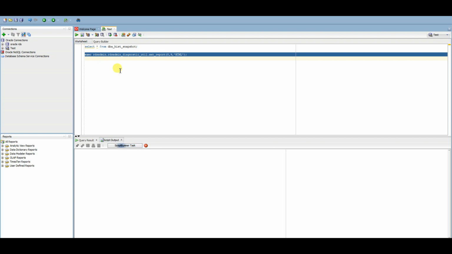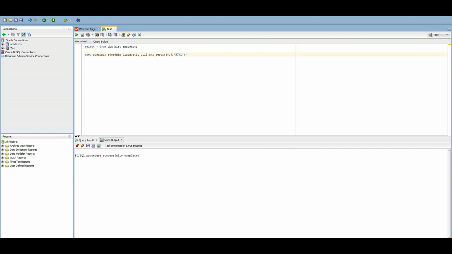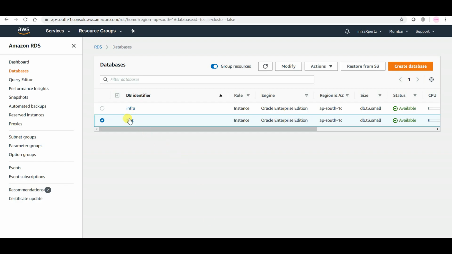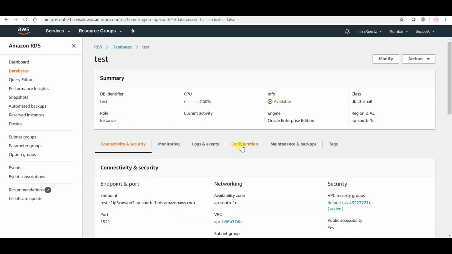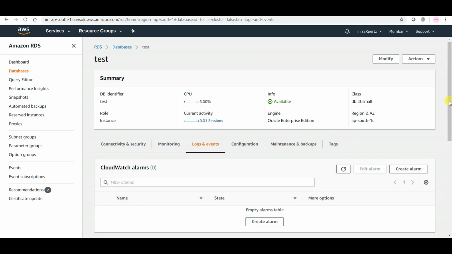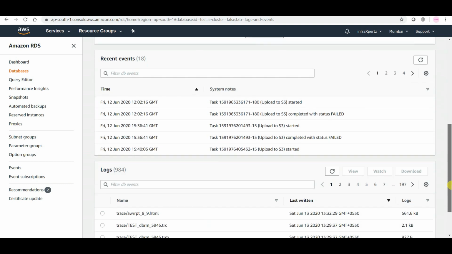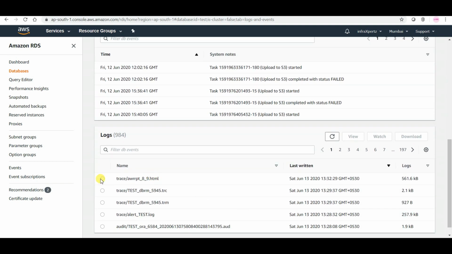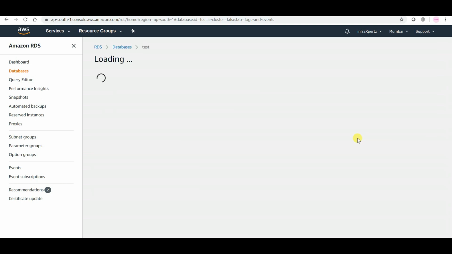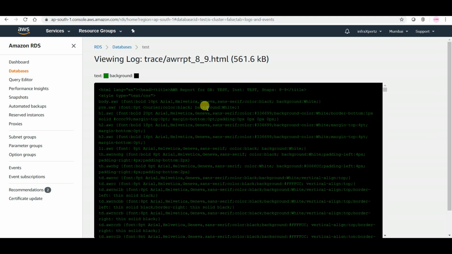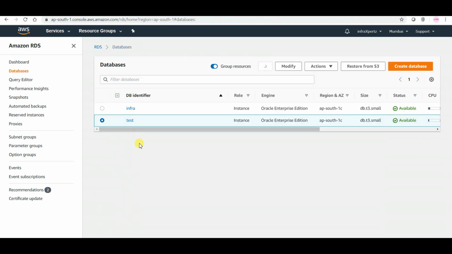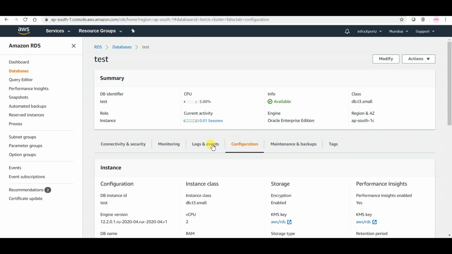So this is generating the AWR report for the snapshot interval of snapshot IDs 8 and 9. And this has generated, and from where do we find it? From logs and events also we can find. Since this is in HTML format, it would be better if you download and check, because the download options are also present.